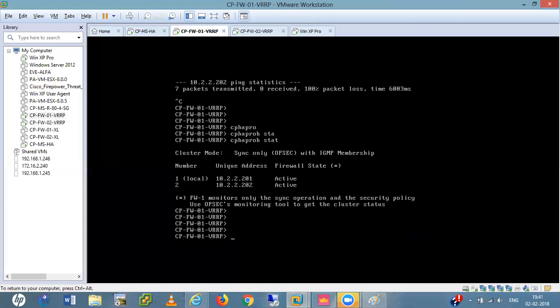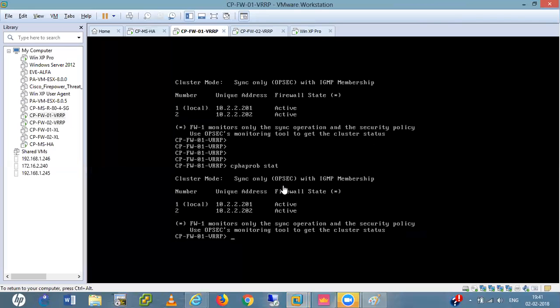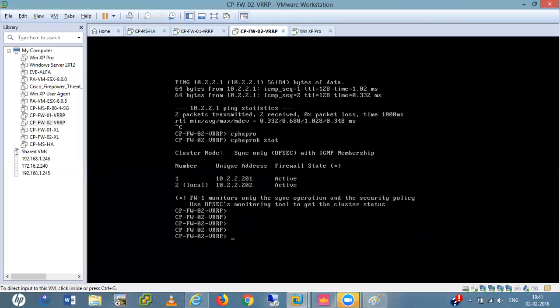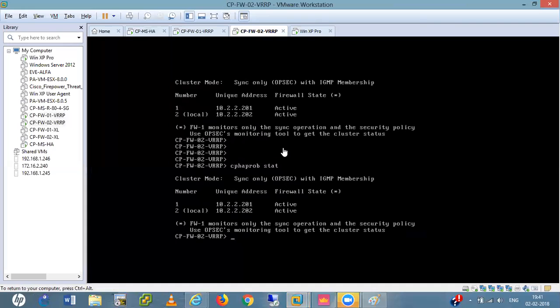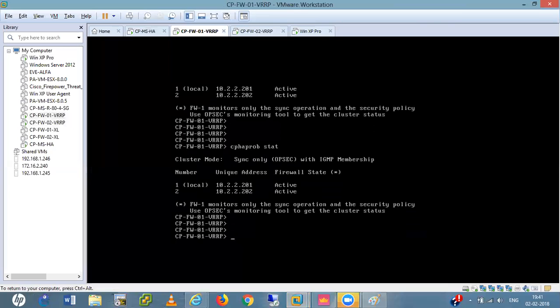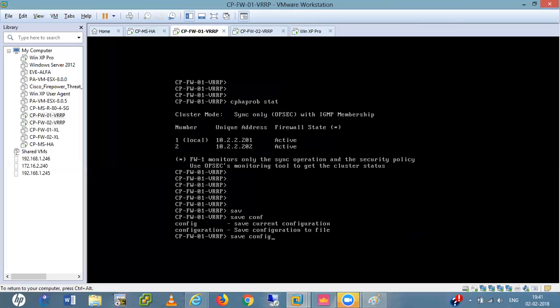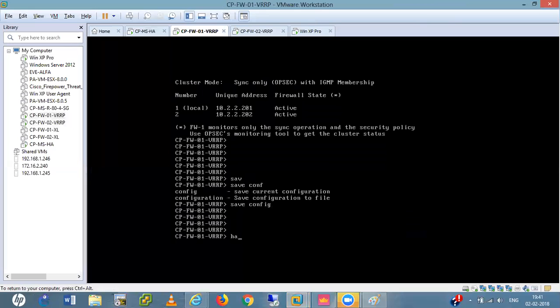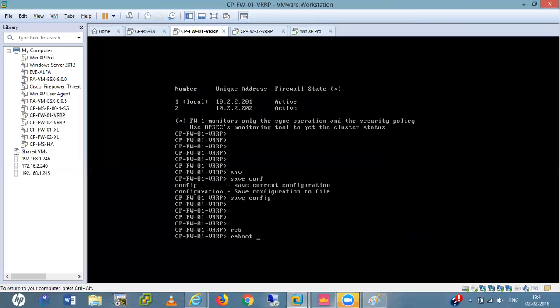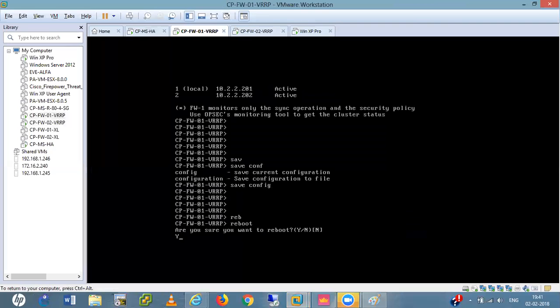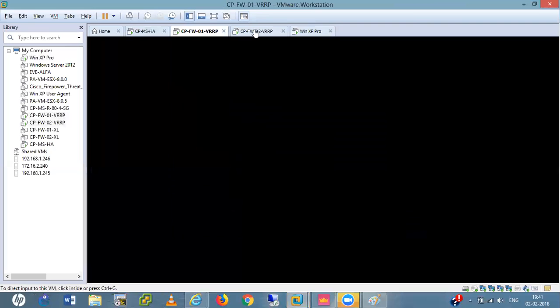If I check the state again, this is active. This one is also active, right? If I reboot this system, let me save the config first. If I run the reboot command here, yes. Go for it.